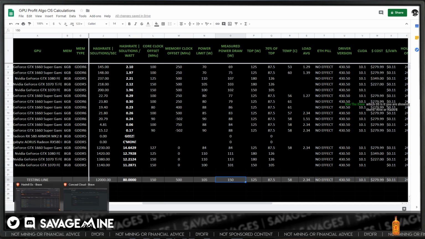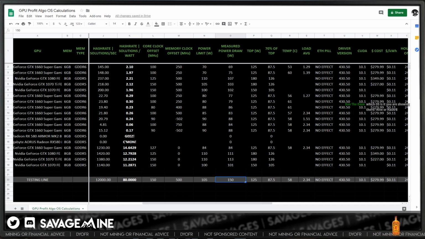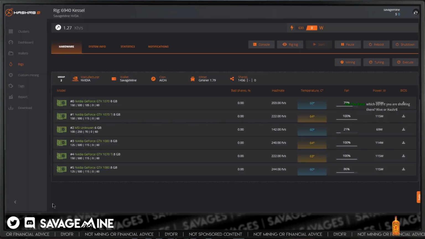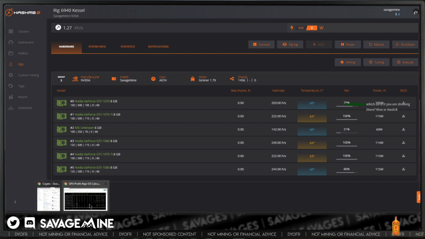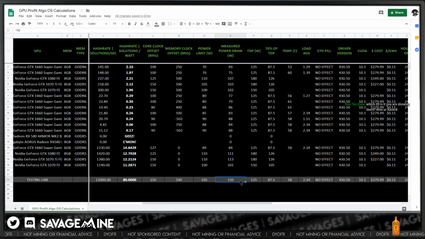All right, and then the measured power draw is 105, and the hash rate is 203. I don't know what the TDP is. Actually, up here the TDP is a little higher. 150 is the TDP for that particular card.